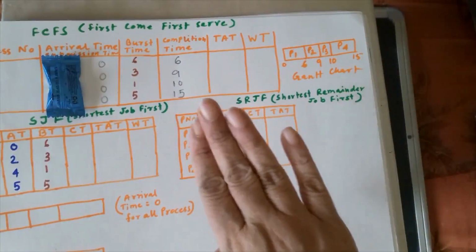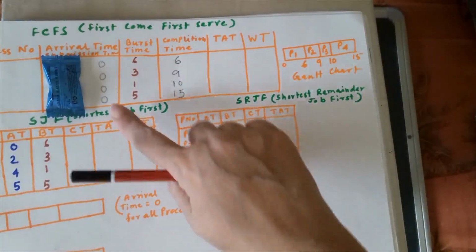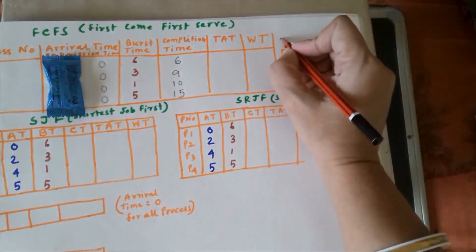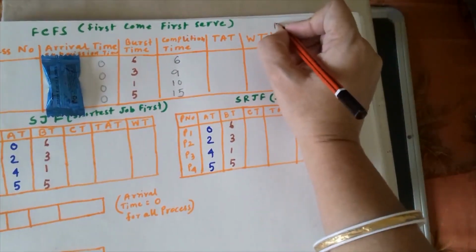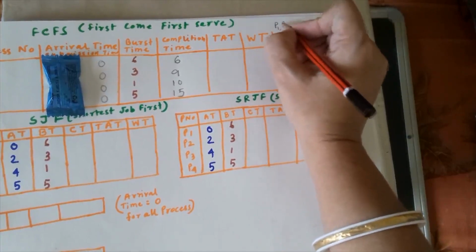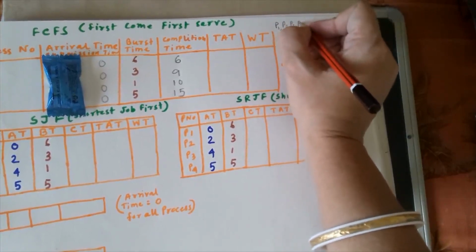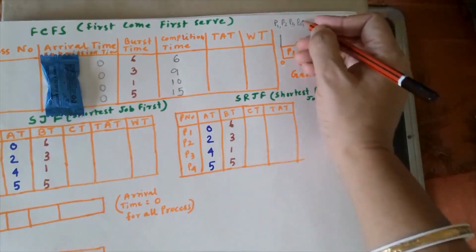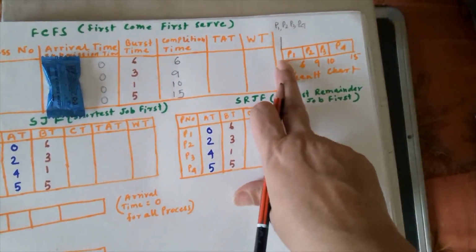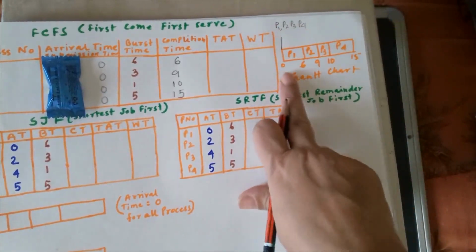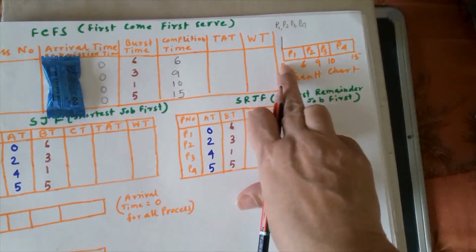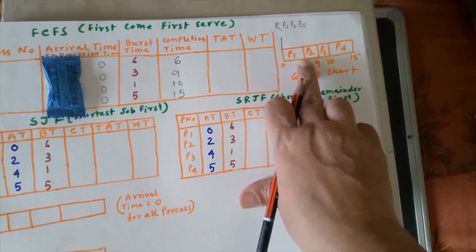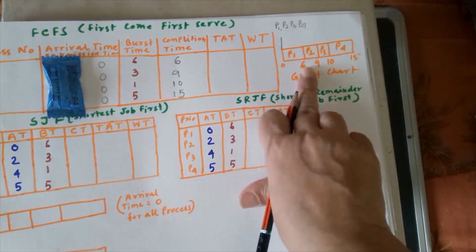And one more thing you please note down here. See, arrival time is 0. So I can write here, at this instance of time I had P1, P2, P3 and P4. All the processes were present at the 0th instance of time. So their starting time for all is 0. So ending time, with respect to 0, wherever they are completing, that is only their completion time.